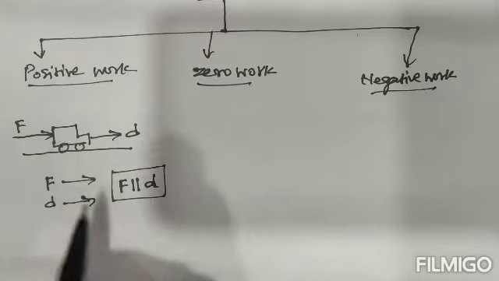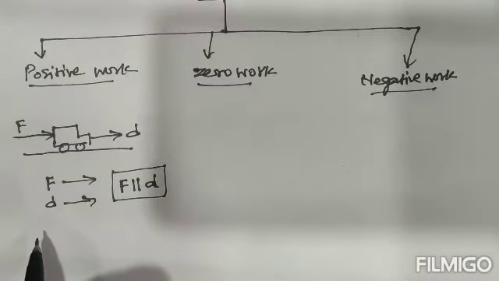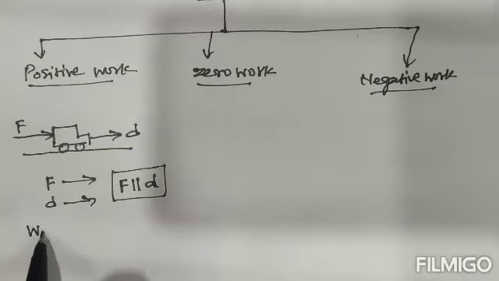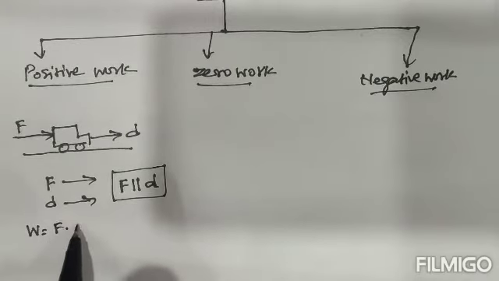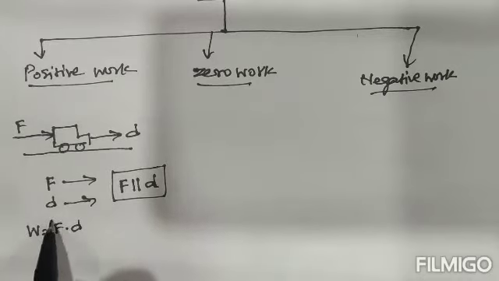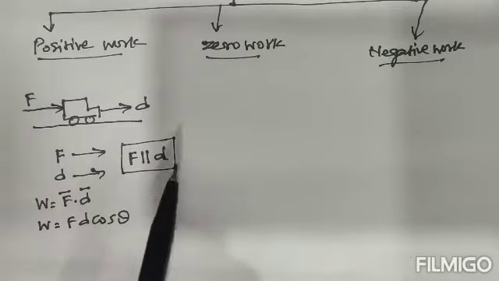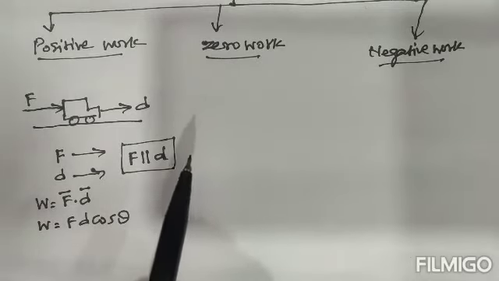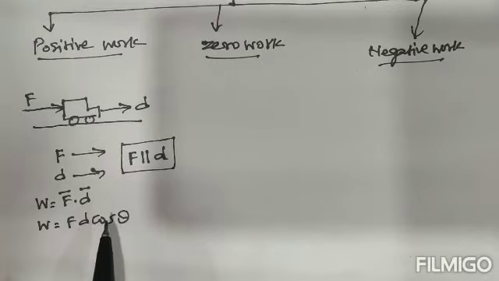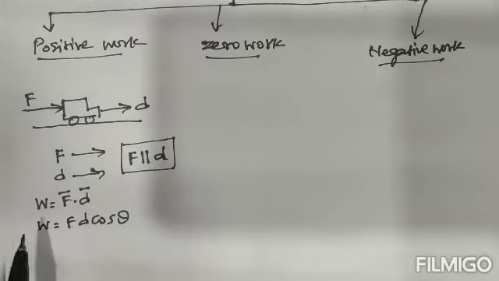Actually, in the higher classes you are going to study in future, work done is equal to force into displacement. This is F vector, this is D vector. So work done is equal to F D cos theta. As a formula you should know only F into D, that is enough. But I will explain in one more way. This is for a higher standard, 11th standard, but anyhow now itself you also know.